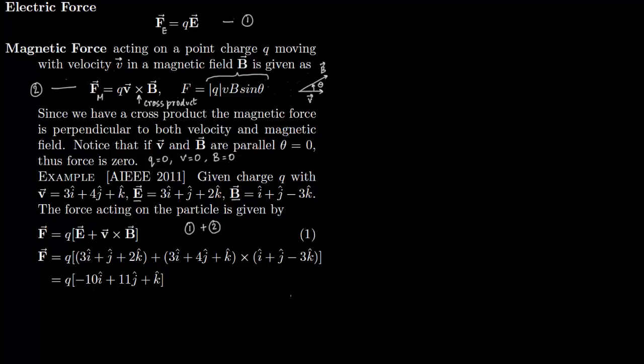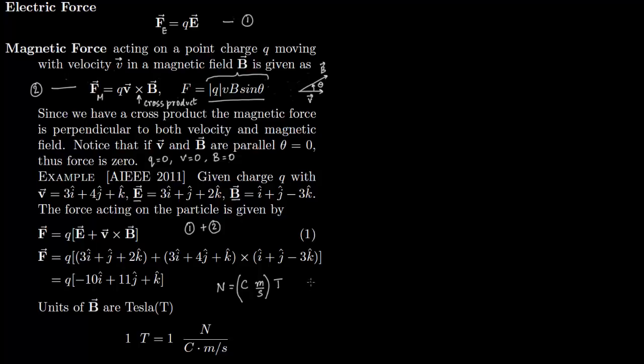Now we want to talk about the units of magnetic field. We measure magnetic field in terms of Tesla. So let us compare Tesla with this equation here. In this equation, the force is measured in newtons, the charge is measured in coulombs, the velocity is measured in meters per second, and we just said that B is measured in Tesla. Sine theta does not have any units since it's just a ratio. So you get Tesla is equal to Newton over Coulomb times meters per second. So 1 Tesla is equal to 1 Newton over coulombs times meters per second.